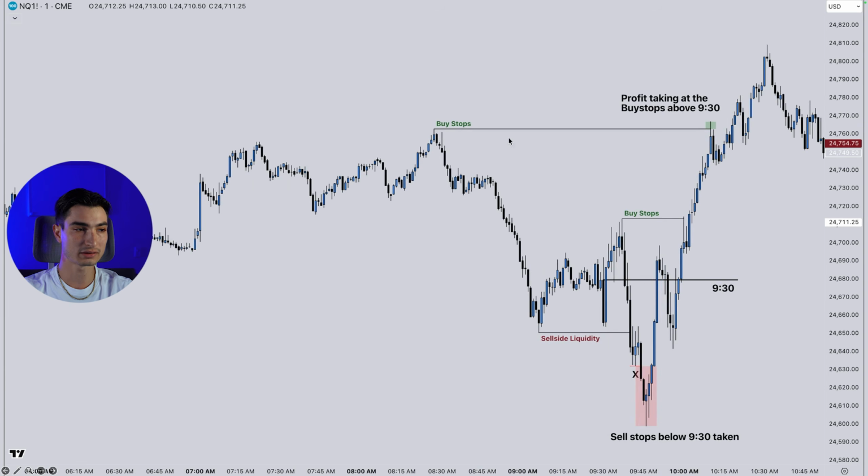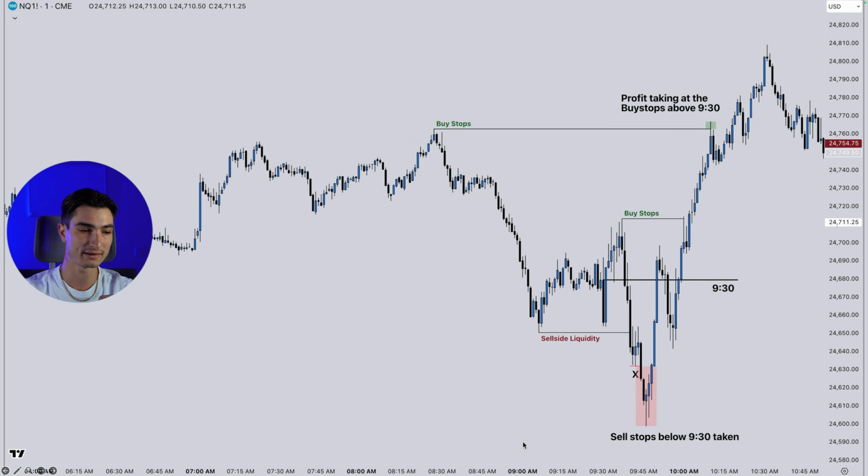After that, we then want to look left. What liquidity do we have in the form of buy stops? We have this high back here, and then this high here that was engineered on the drop lower. So the market's going to do what? After seeking sell stops below the 9:30 open, it's going to gravitate higher to seek the liquidity that would be above the 9:30 open here, here, and then you can see the profit taking at the buy stops above the